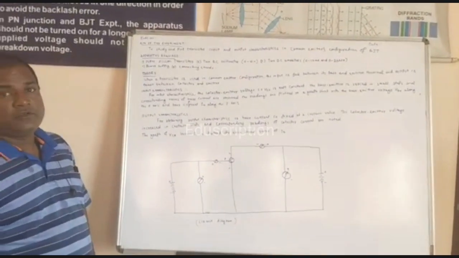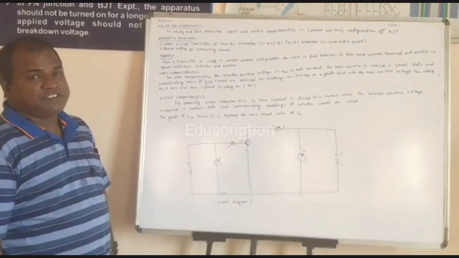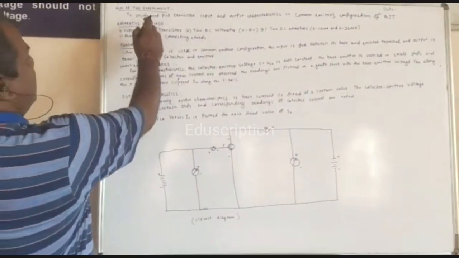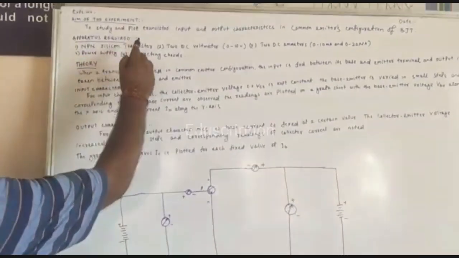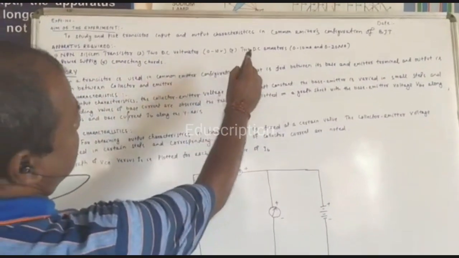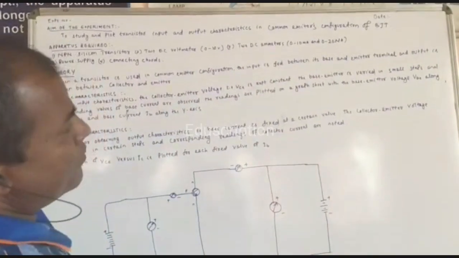Myself Manoranjan. Today we will discuss the sixth experiment of your physics lab. See here, the aim of the experiment is to study and plot transistor input and output characteristics in common emitter